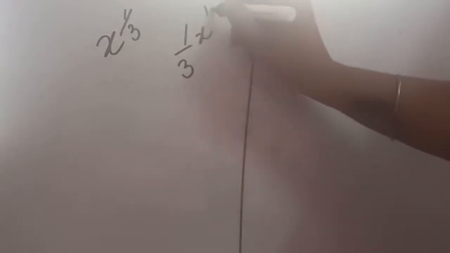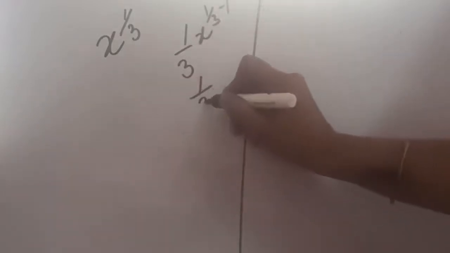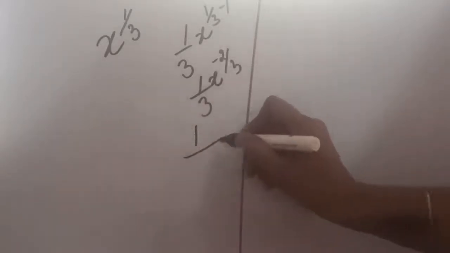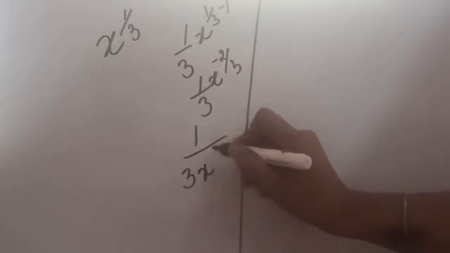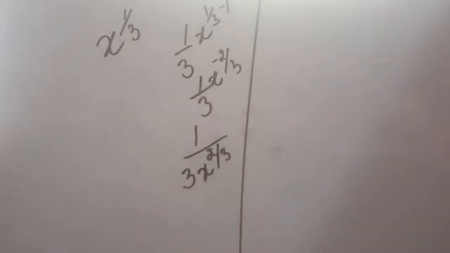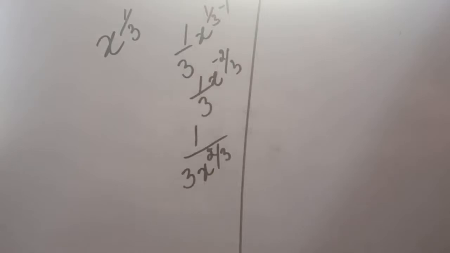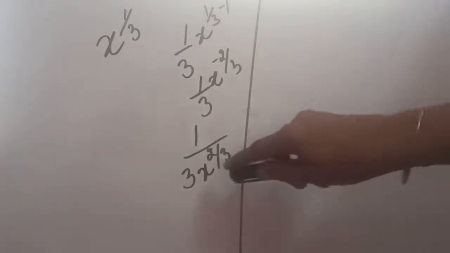If I tell you to solve the question with a shortcut method, as I discussed earlier, when we take the differentiation, the power comes above and from the power 1 is deducted. So our answer should be minus 2 by 3, or we can say 1 upon 3. If x goes down, it can be positive. This is the shortcut method and this is our answer. When you apply the long procedure of the first principle, you are also going to get the same answer. So let us start with the first principle, because in this question it has been given that you have to apply the first principle only.